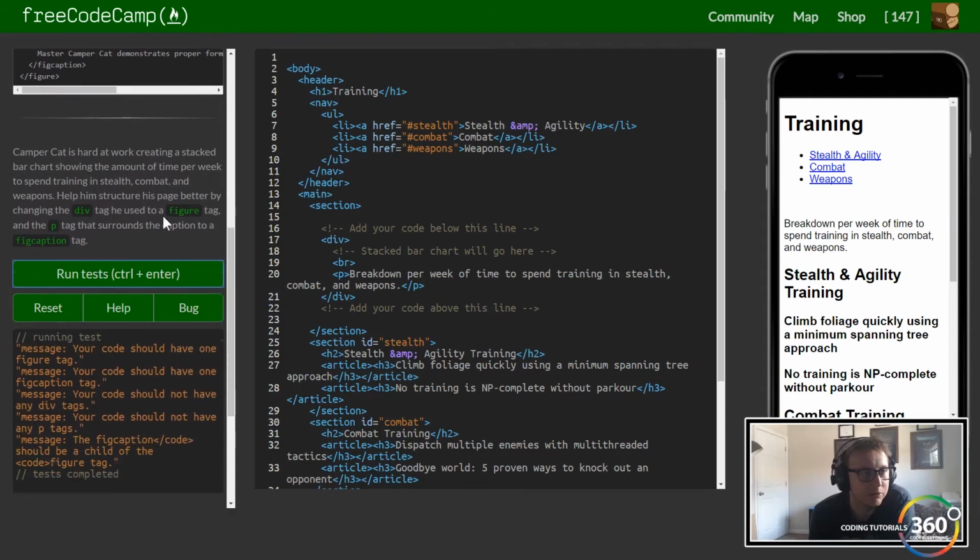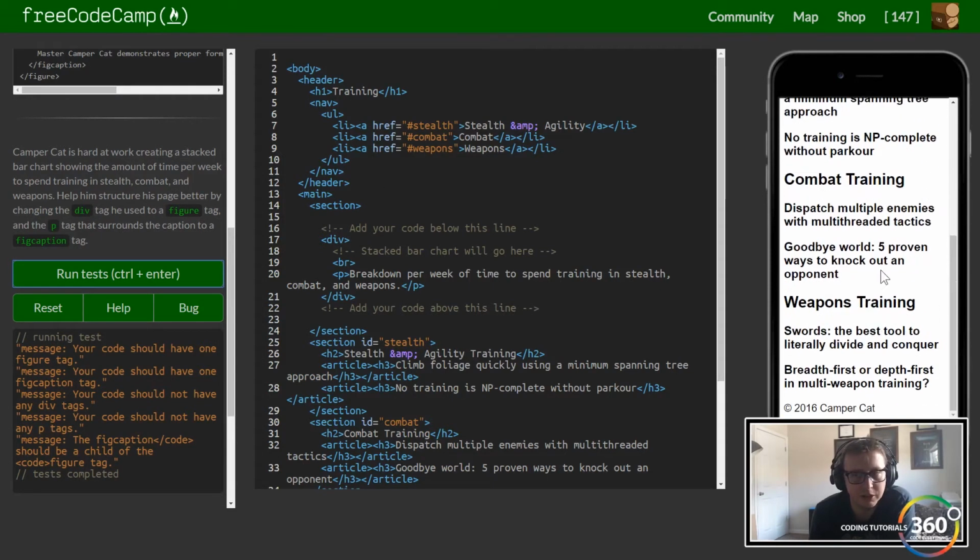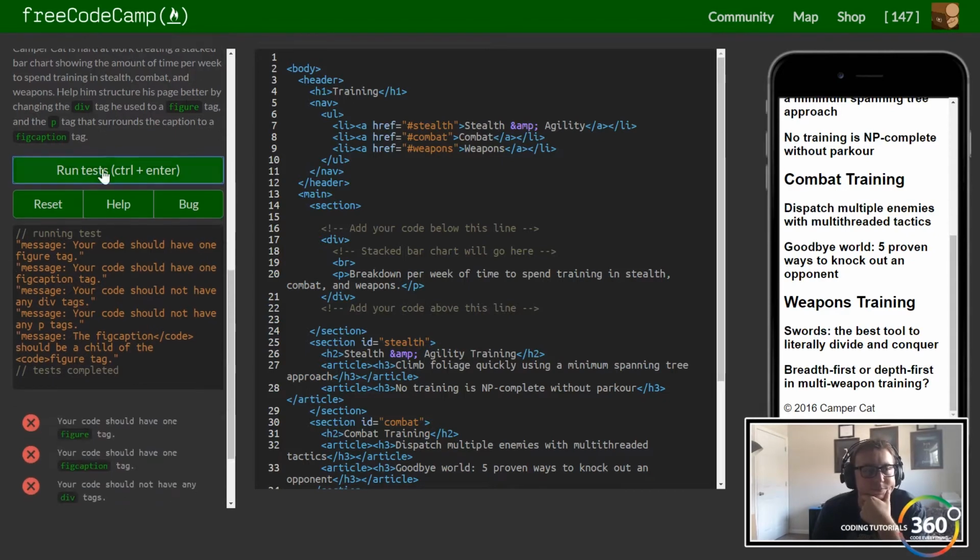Alright, so Campercat is hard at work creating a stacked bar chart showing the amount of time per week to spend training in stealth combat and weapons. Help him structure his page better by changing the div tag he used to a figure tag that surrounds the caption to a fig caption. So instead of this div here, what we want to do is do our figure. So this seems to be, if I understand this correctly, what's going on is we now have certain things to deal with